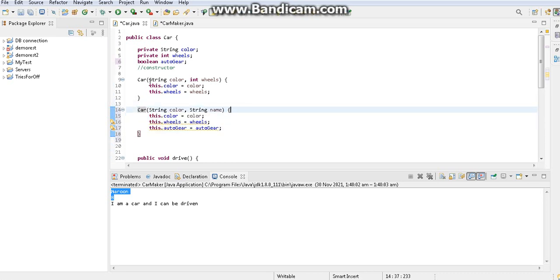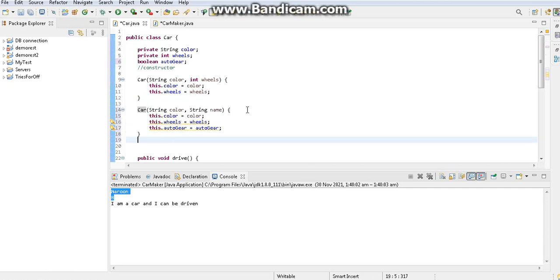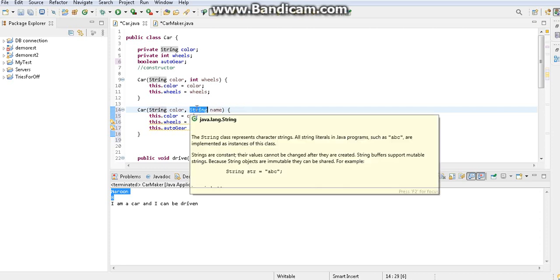You understand? So it depends on the usage, whether you are passing a string and an integer or two strings. Depending on that, we decide this constructor or that constructor. So this is how we can also do constructor overloading, the second way. In our scenario it will not work because we don't have the name variable here. I'm just telling you so that you come to know it. Now again we will go back to the error.